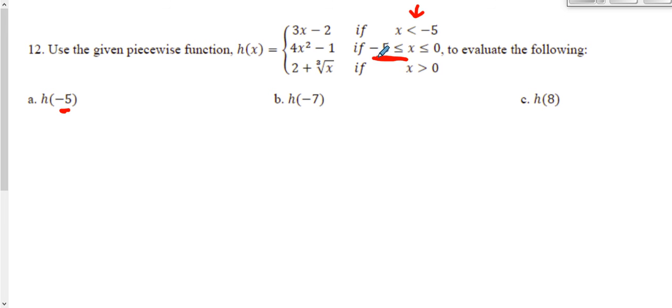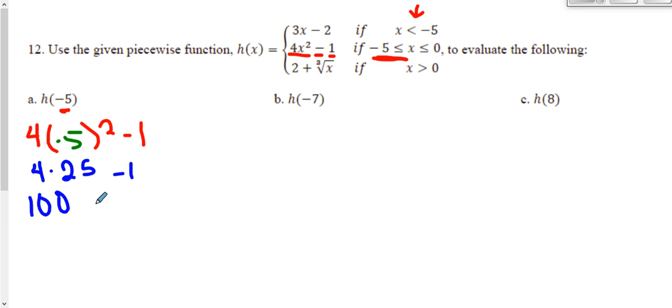So I can plug negative 5 into the middle function. 4x squared minus 1. And the x value I'm plugging in is that number negative 5, whose team we had to find. This is the team it belongs to. This is the only function that cares about what happens to the number negative 5. So we can plug negative 5 in here and see what we get. We'll follow the order of operations. Negative 5 squared is 25, which we'll multiply by 4 and then subtract 1. That's 100 minus 1, which makes our answer